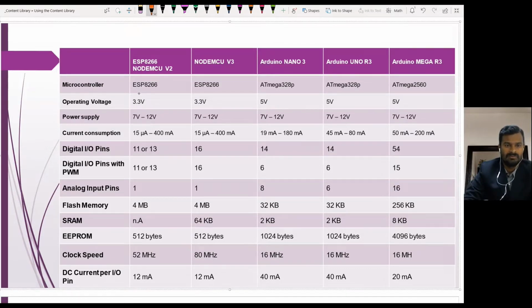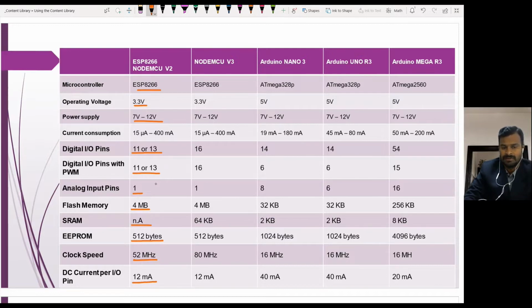You can see the type of microcontroller in the board and the operating voltage, that is, how much power supply can be given to the board, the current consumption, how many digital inputs and outputs are available, how many pins can be used for pulse width modulation, how many analog inputs are available, the flash memory, static RAM, EEPROM, clock speed, and how much current can be delivered from the input or output digital pins. There are a few more parameters, but I have taken only the important ones here.